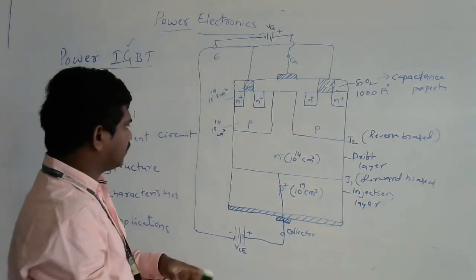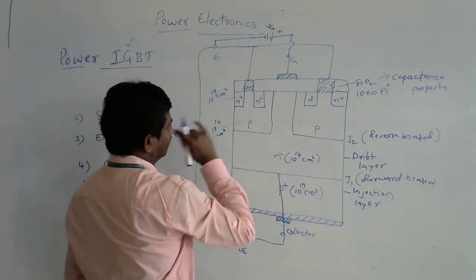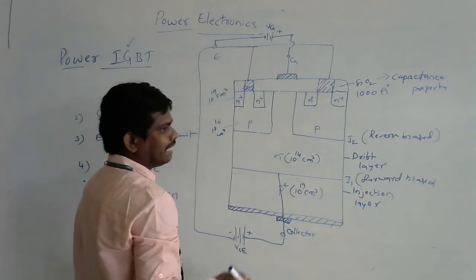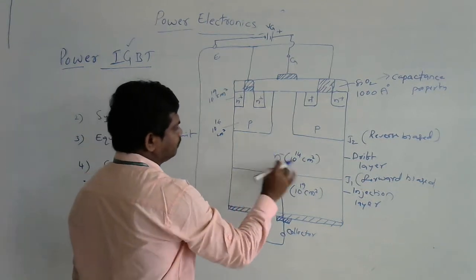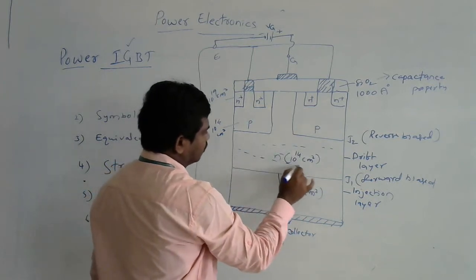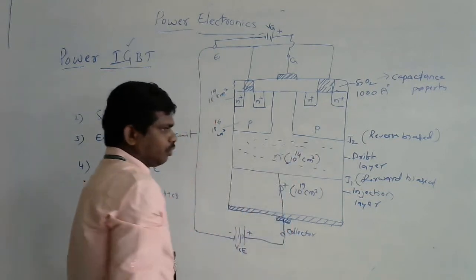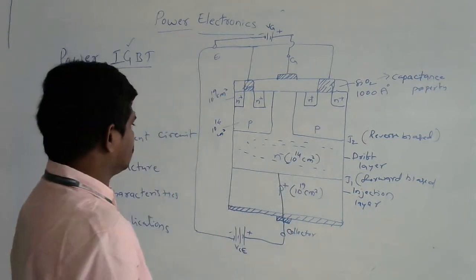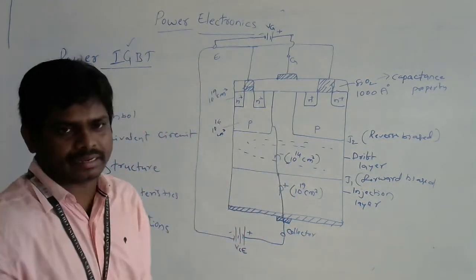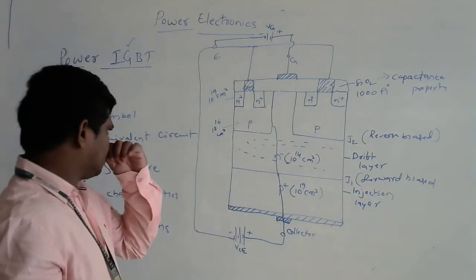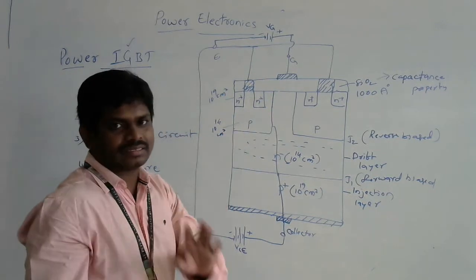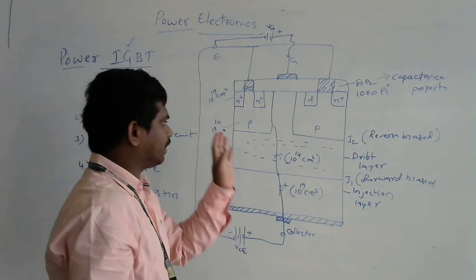So due to that, our current won't flow through the emitter. There is a barrier, so we have to break the barrier, otherwise create one channel to flow the current. The majority carriers over there are electrons. What do you mean by current? Current is the flow of free electrons, right? So once they enter here, they are able to flow like this. But there is a barrier, and that's why the current will stop over there. Then we have to break down this layer, otherwise create one more channel to flow the current inside the device.